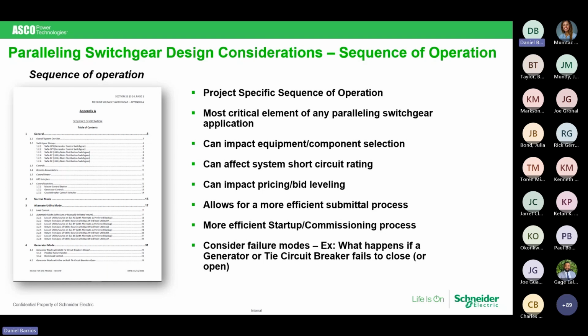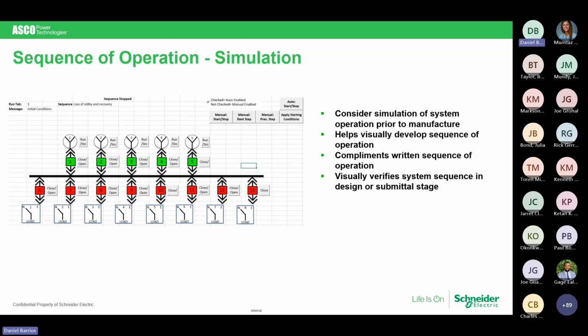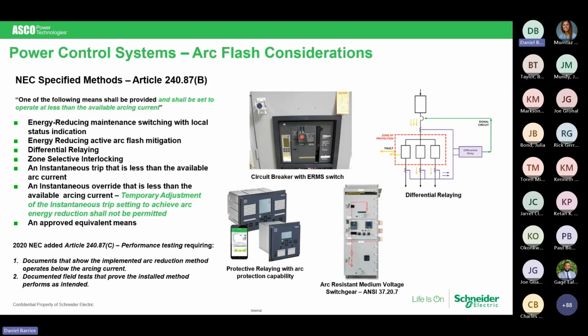When you go to a factory witness test, this is what they're going to use. They're going to use the sequence of operation to operate the gear, including all of the scenarios should you have a failure. One of the other things that can be provided to you is a simulator. It's a fairly expensive device, but if you have a very high quality system, a data center or some type of high level healthcare, and you have a turnover of people and you want the ability to train, this may be very much something you'd want to look into.